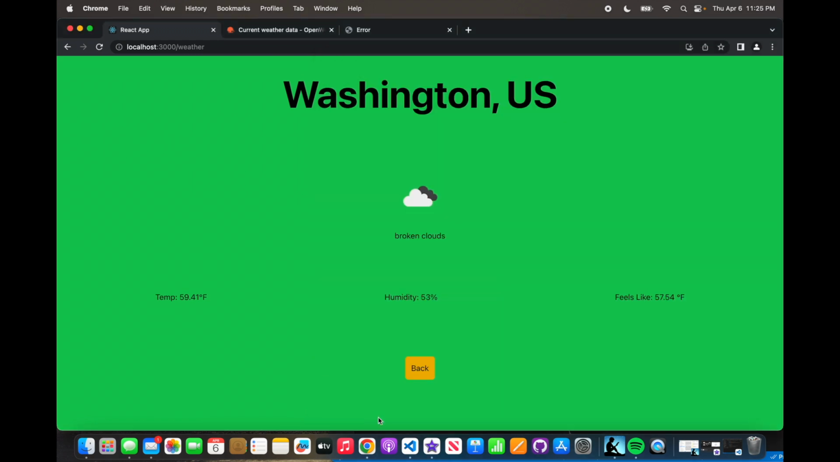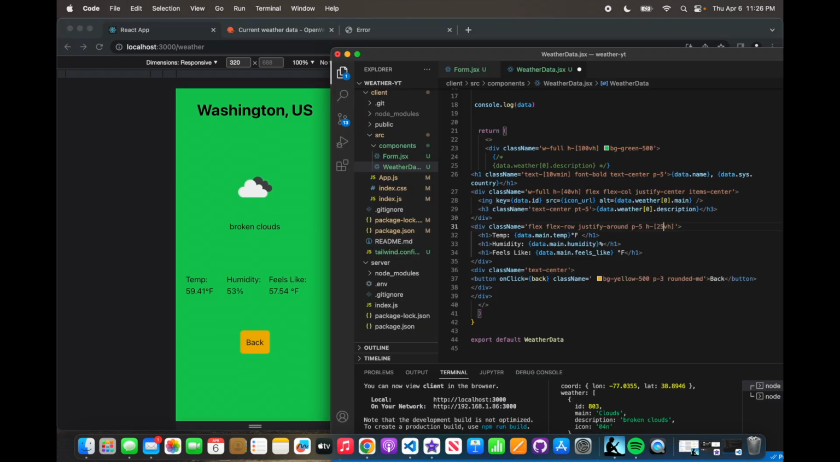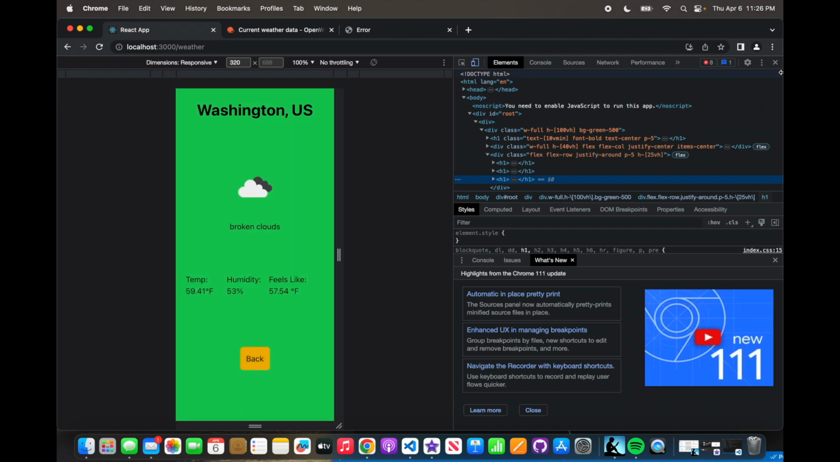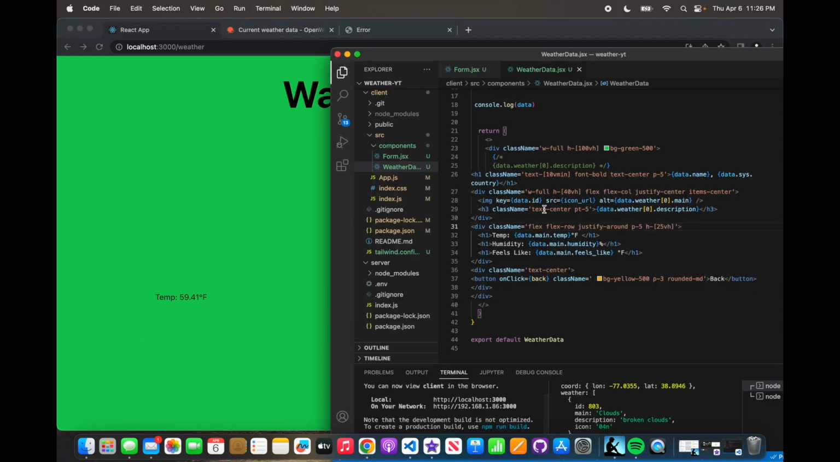So 20 view height, and then inspect. So yeah, that's not too bad. So 20 view height. All right, let's see what 25 does. Yep, that's fine. So it's all the way over there, and now you can play with the font all you want. So let's say font is